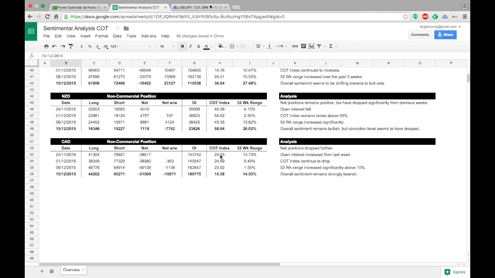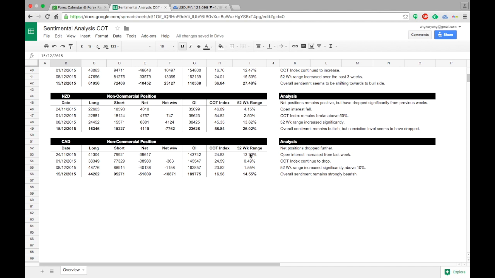And if you look at the COT index, it has been dropping as well. The current level is about 16.5%. So we know that there's still certain room for it to drop, but not a lot anymore if you compare to the previous few weeks. Because hardly does the COT index drop to the zero level. The extreme region is really between 0 to 10 and 90 to 100. But at this level, about 16.5%, you do have some room for it to drop further.